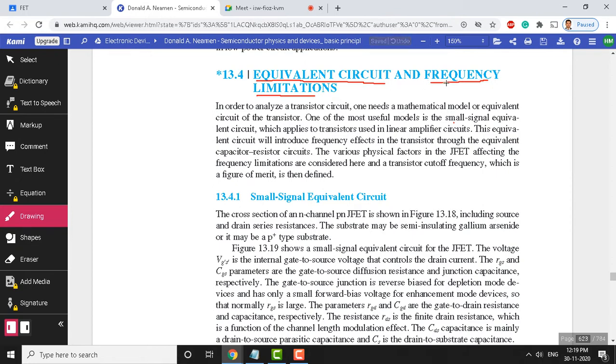Every transistor has its own frequency limit. So, frequency limit in the sense they behave like a filter. So, we will see this JFET till what frequency this can pass efficiently without any attenuation in the signal strength, and that we will discuss in today's class. Okay. Look at this equivalent circuit. Why we need equivalent circuit? So, the reason is given here.